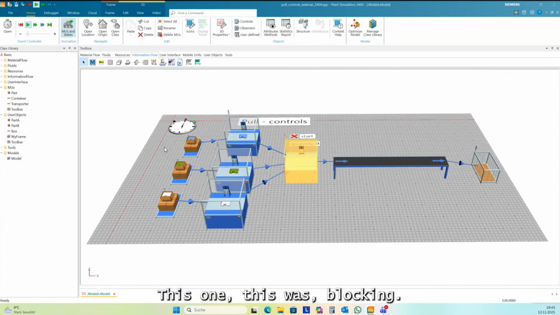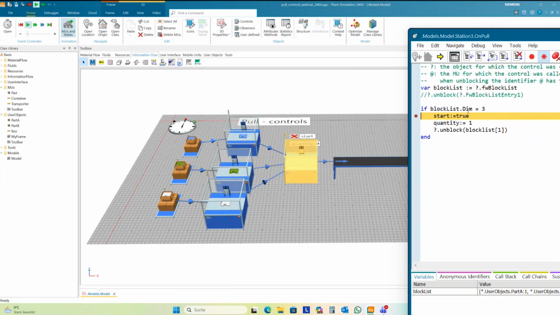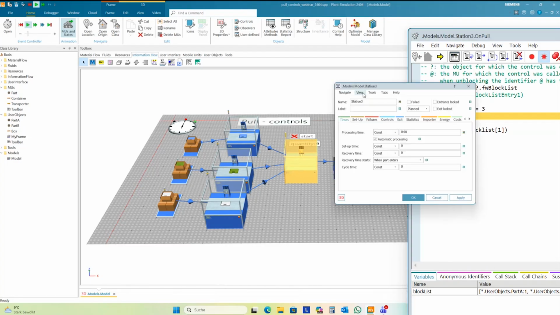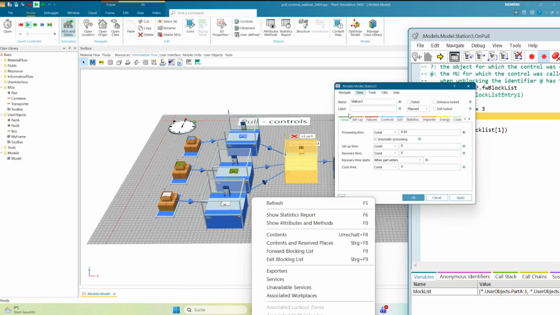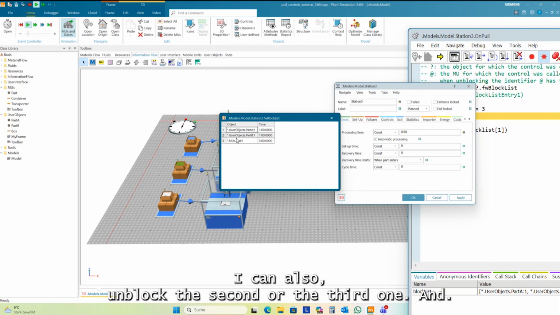So this was working, and now the block list has 3 elements in it. And I unblock part E. It's the first one. I can also unblock the second or the third one.